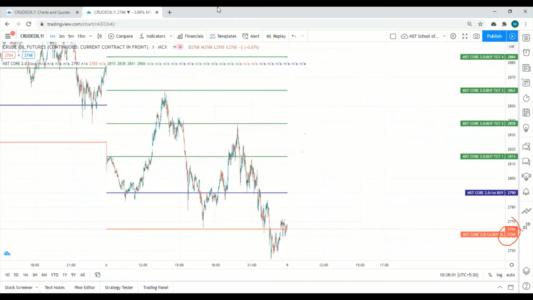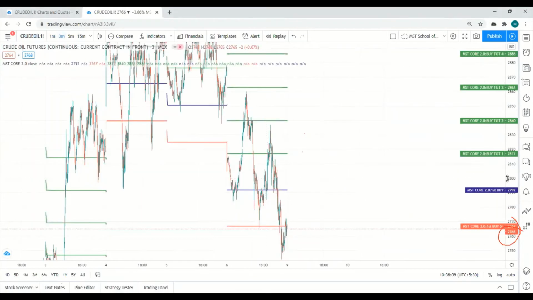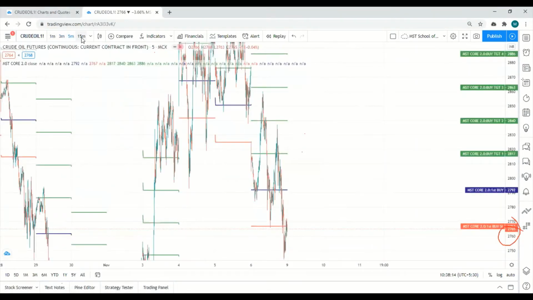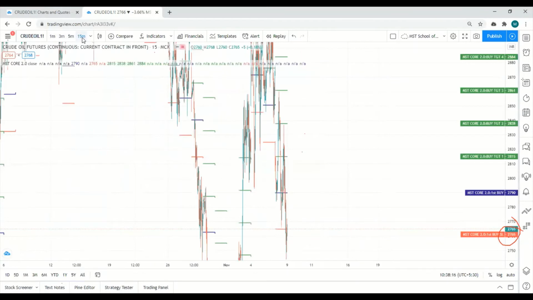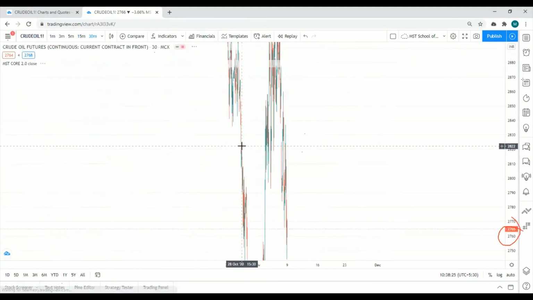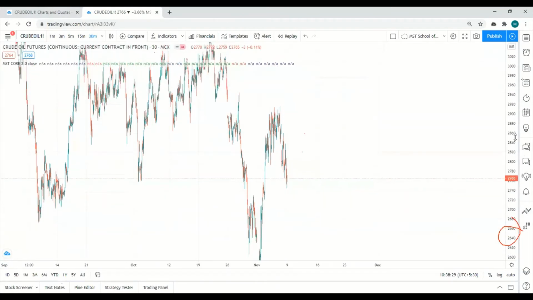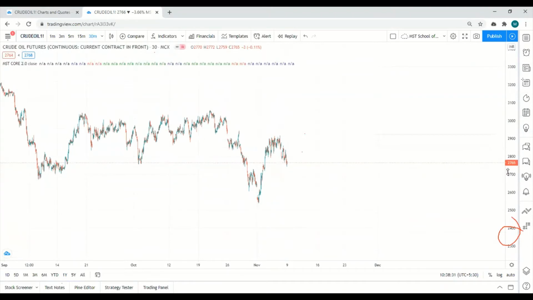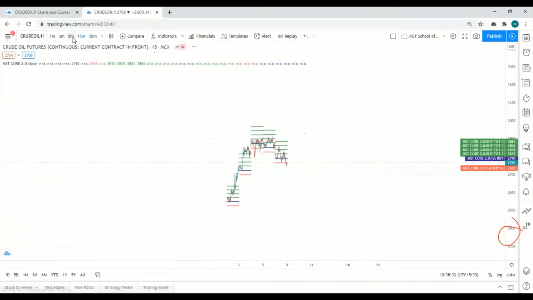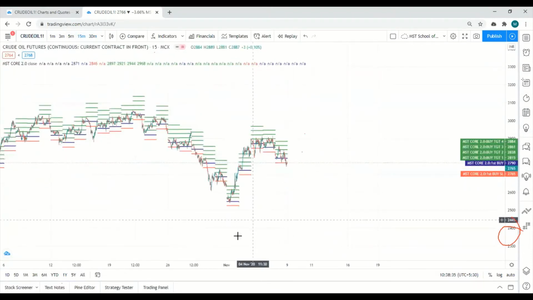Yeah, I actually wanted to show you in higher time frame, right? So 3 minutes I'm keeping. In 3 minutes, it is changing 2 points. In 5 minutes, same value. In 15 minutes, whatever the 1 minute shown, same 1 minute value. And it will not give you the lines more than 15 minutes. You cannot see the lines. When you have changed to 30 minutes time frame, you will not see this buy entry, sell entry, because it is working only in the intraday. So that's why we have restricted to 15 minutes.